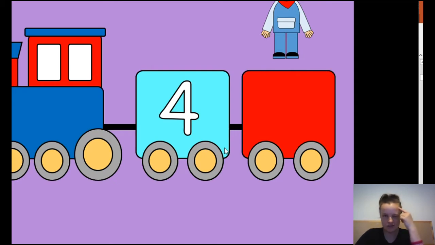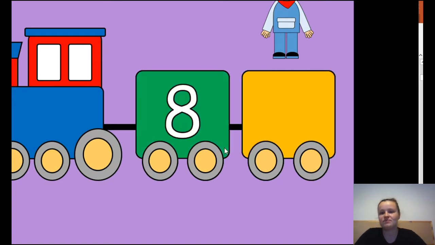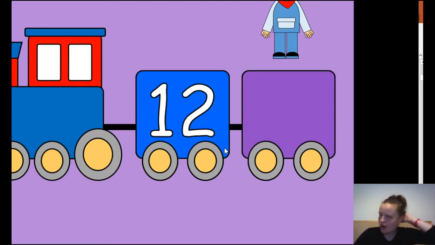Say if you need to start from the beginning. So 2, 4, 6. Okay, so what would be the one after 8? If you need to start from the beginning, count in 2s. So 2, 4, 6, 8. And it would be 10. What comes after 12? Start from the beginning if you need to. 2, 4, 6, 8, 10, 12,